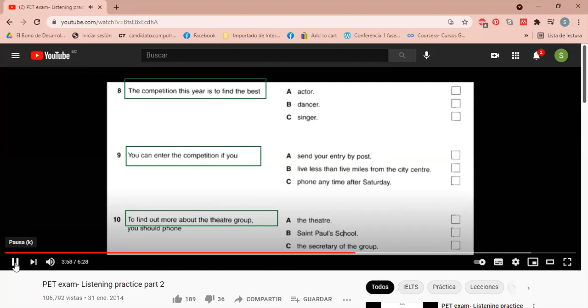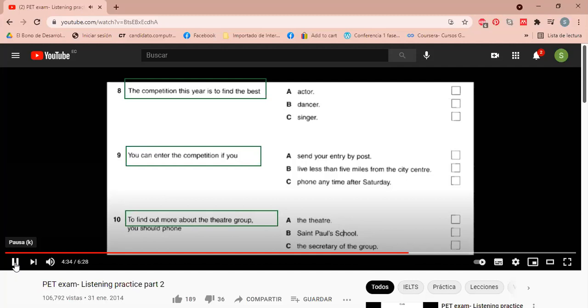And what are the rules? Not many. For example, there's no limit on age. Whether you're 65 or 6, it doesn't matter. But you must live within 5 miles of the city centre. You need to phone your entry before Saturday. We don't accept entries through the post or by fax. And speaking of talent, there's a new theatre group starting every Saturday, specially for teenagers. And how do people get more information? If you're interested, you need to contact the theatre group's secretary, and I will give you her phone number later.